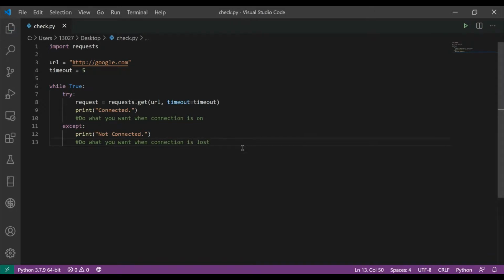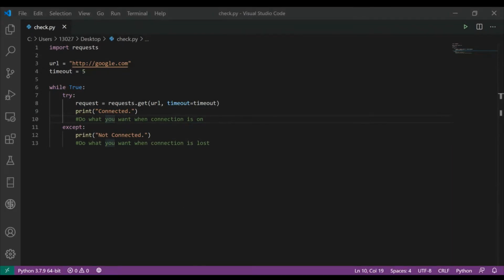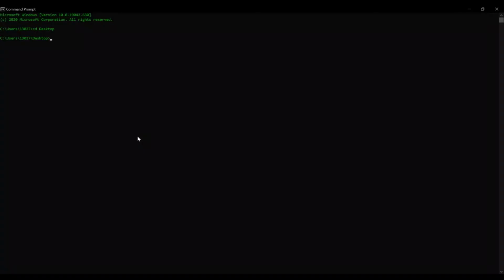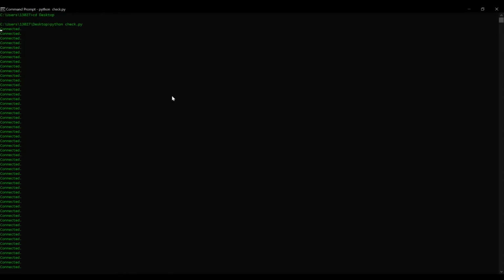And actually, that's about it, unless you want to add extra stuff here. So we're just going to go ahead and try to run it. All right, so as you can see, I've got my CMD open, so we're going to try running our Python script. I assume you already have Python installed and added to path. That's a prerequisite. We're going to do check.py, I think that's what it was called. Hit enter, and it's going to keep printing connected. Right now I have an Ethernet connection, so I'm going to disconnect my Ethernet cable to show you what happens if it's not connected.